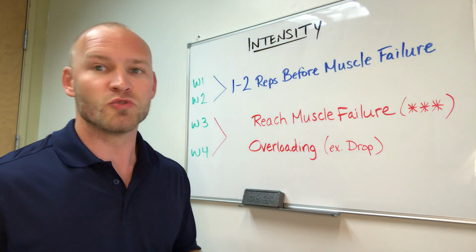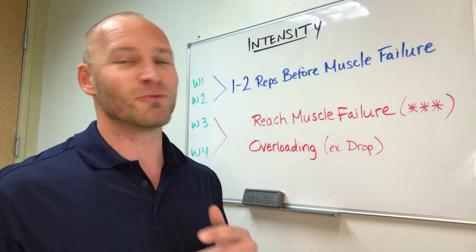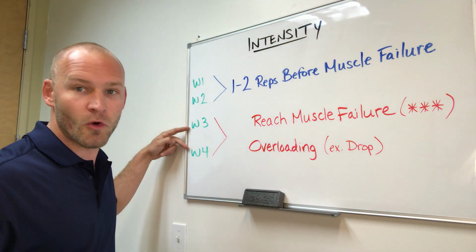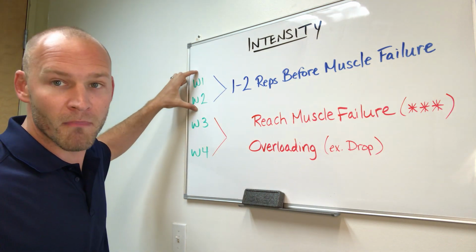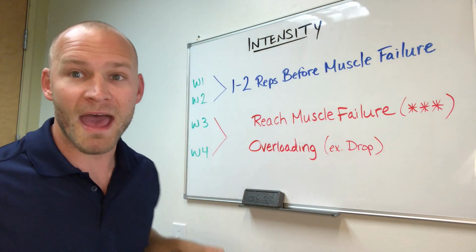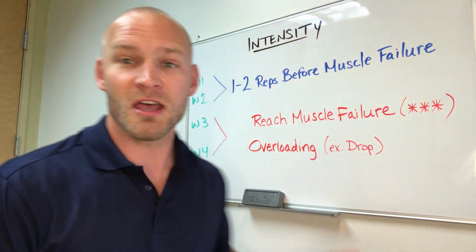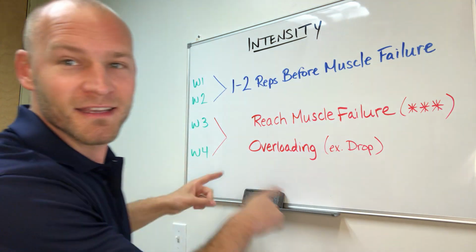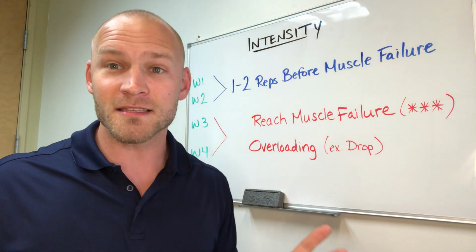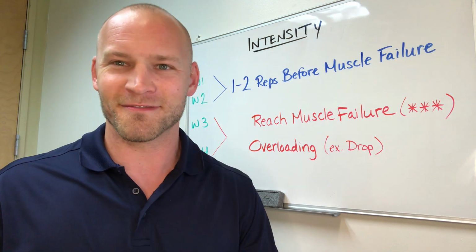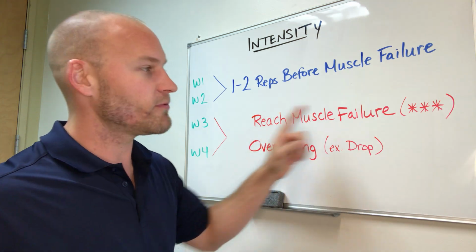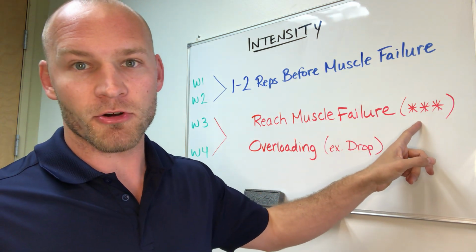Now, with that said, you don't want to push it overboard in weeks 1 and weeks 2. Instead, we reserve that for weeks 3 and weeks 4. We've now conditioned your muscles and your tendons and built in the movement patterns neurologically to your muscles with weeks 1 and weeks 2, so that in weeks 3 and weeks 4, you can crush these workouts with high intensity and not get injured, right? So reaching failure is one way we're going to do that. You'll see that reflected in your workouts with stars or 3 asterisks.